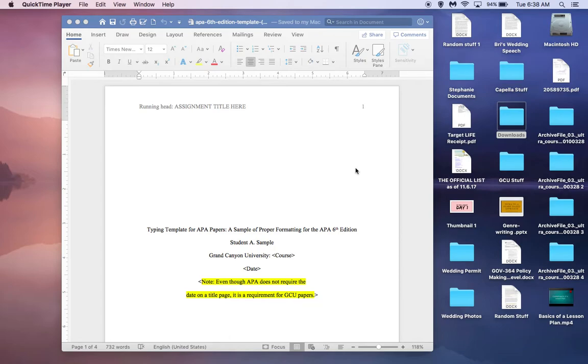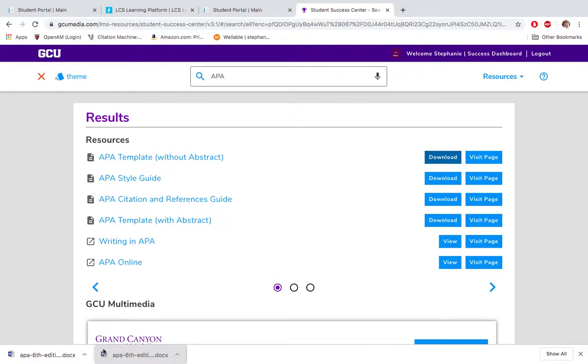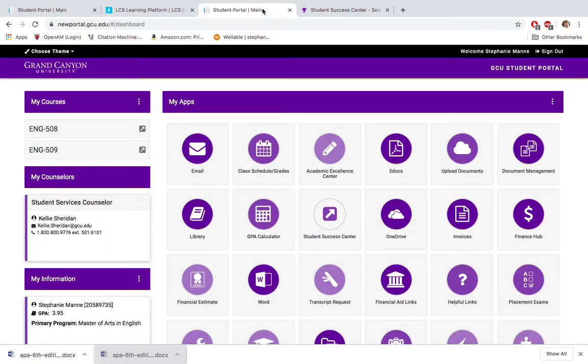Today I'm going to show you how to use the APA 6th edition template without an abstract. I'm going to first start off by showing you, if you are a GCU student, how to download the APA 6th edition template. So first you'd go to your student portal and then you would click on the Student